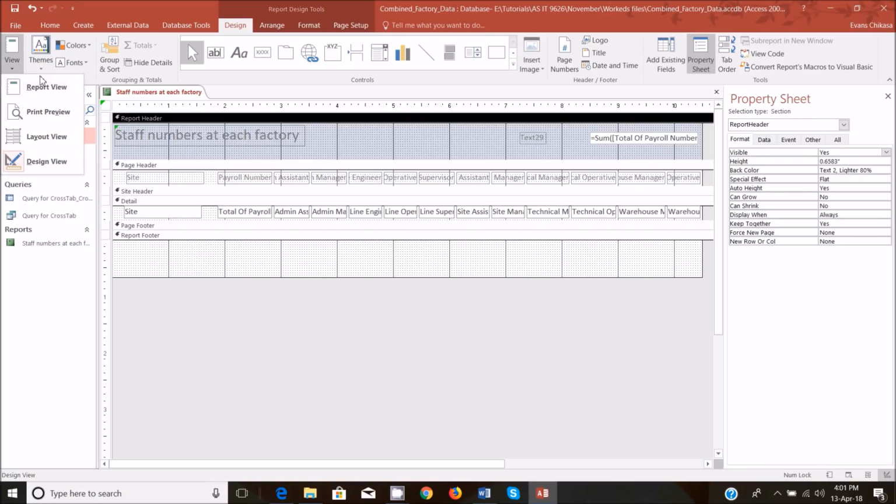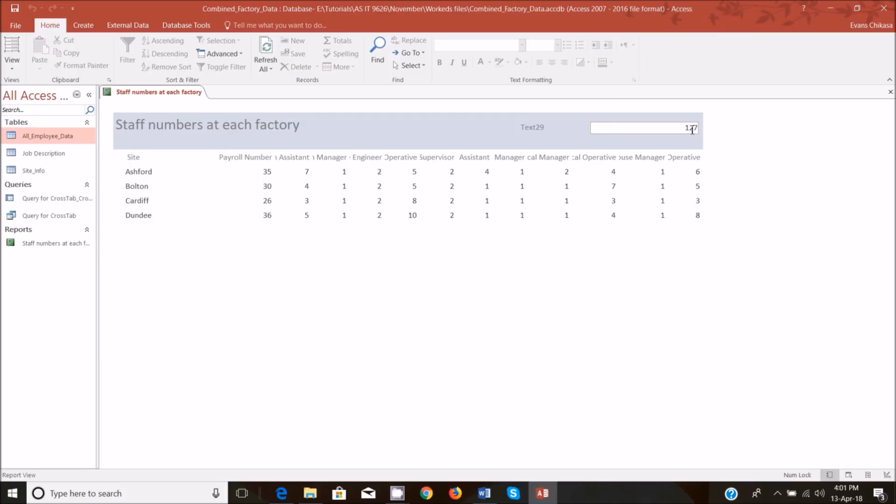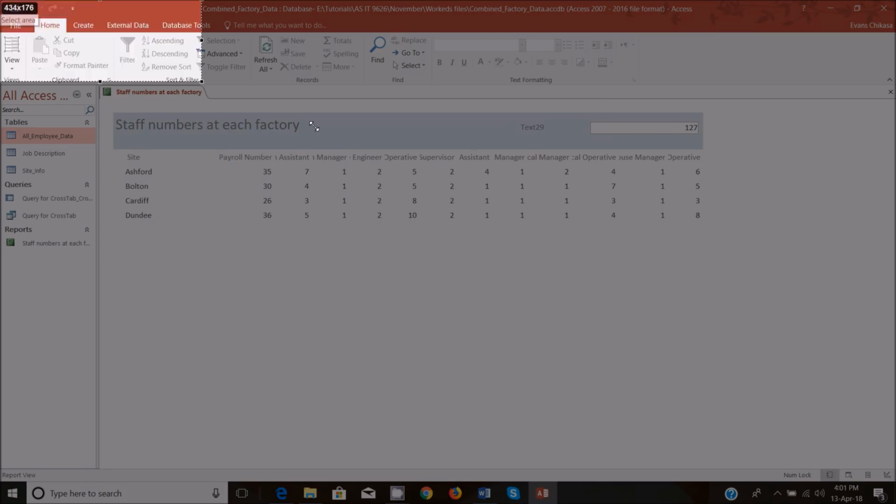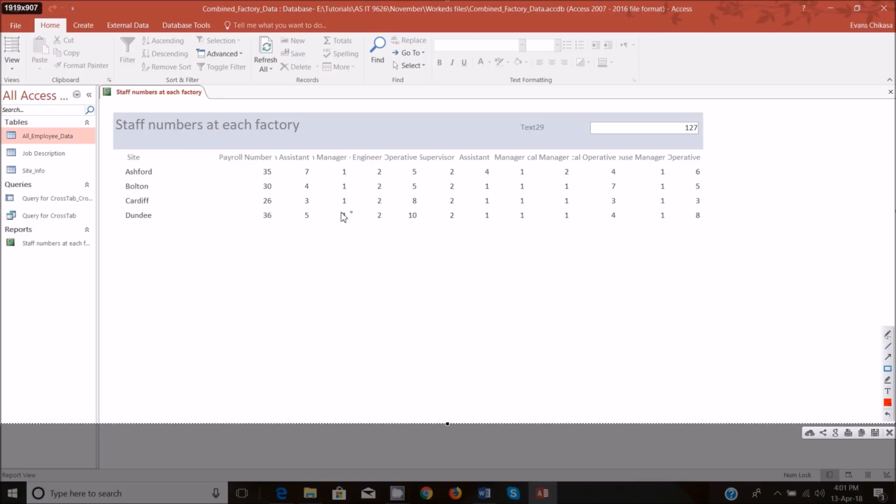So you can view it and notice it shows you that there are 127 employees. So if you calculate the total of these employees here, 5 plus 0 plus 6 plus 6, that's 17. And that's 6, 8, that's 11. And plus 1, that's 12. So that gives you 127. Okay, so